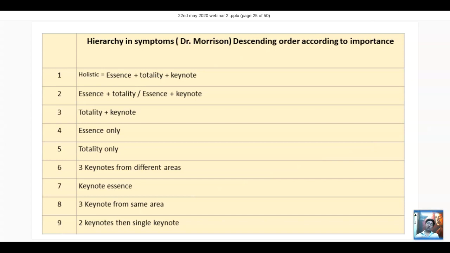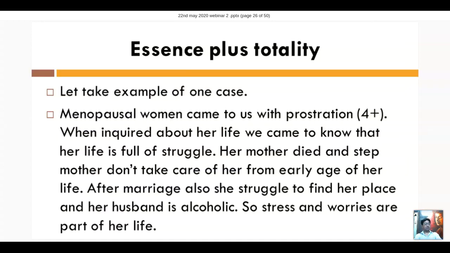In keynotes also, there are other criteria like keynotes from the different areas, keynote essence, we will discuss today in detail. Holistic we discussed earlier, so we will go to the next, that is essence plus totality. When in a case we are having an essence, along with the essence we are having a totality,